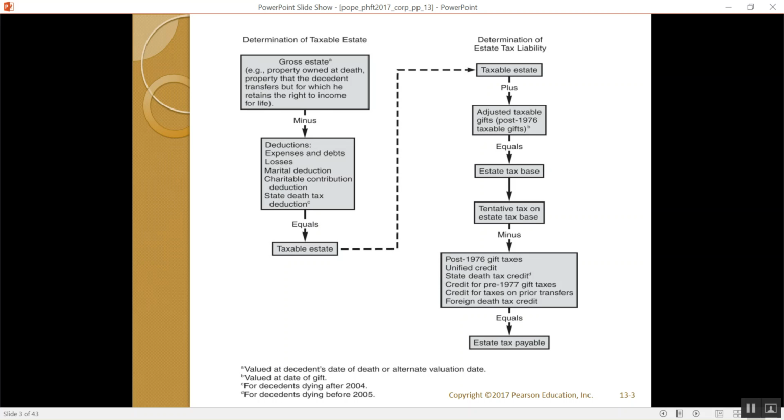So there's a formula for calculating the gross estate, which is actually referred to as the estate tax base. For a corporation, you're taxed on corporate taxable income after application of NOLs and special deductions. And special deductions for a corporation are dividends received deductions. For an estate, you first start with the gross estate. And the definition of the gross estate